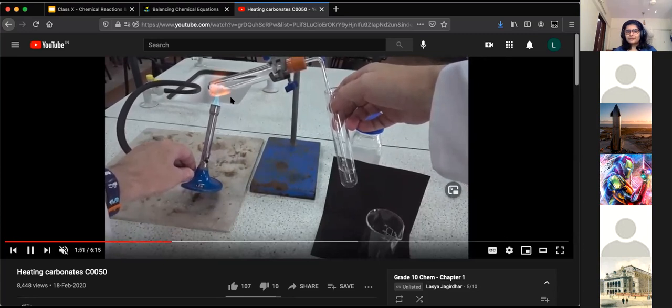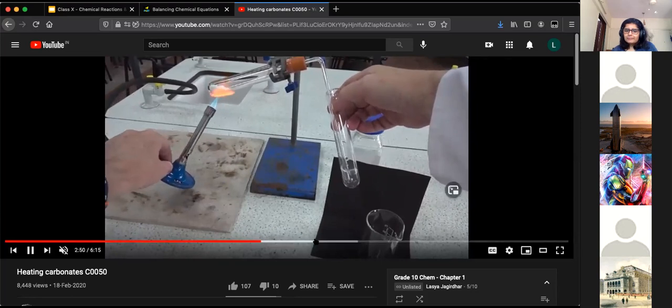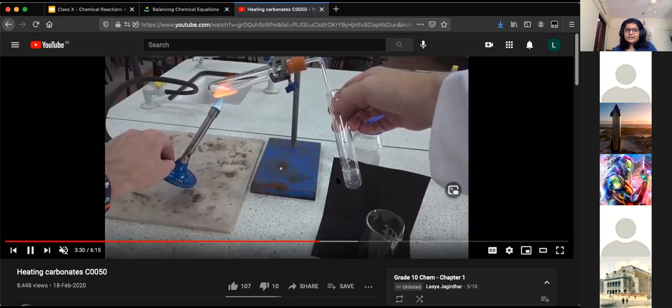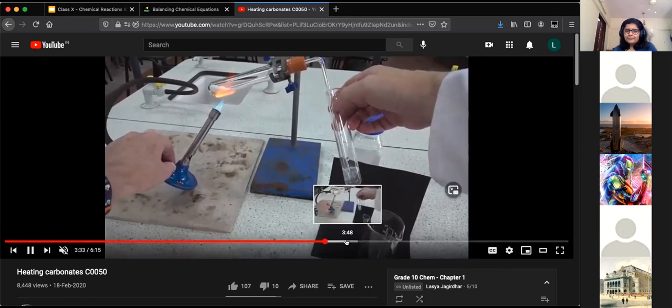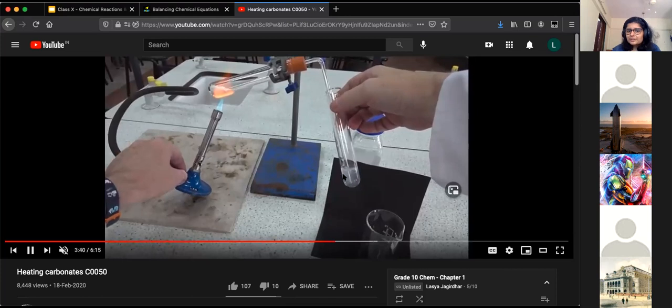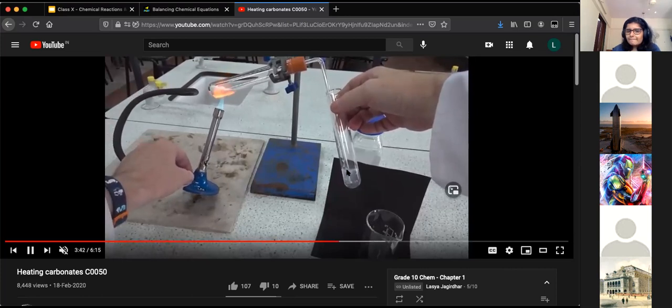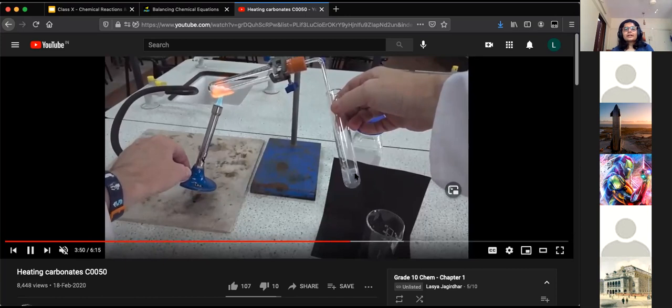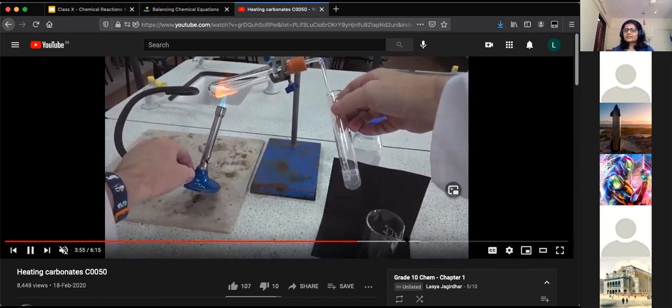So he's holding the burner so that the reaction takes place. I'll just forward this passage of time. Can you see what is happening to the solution in this test tube? It's turning whitish, milky or translucent. It's gotten a whitish shade to it. That means a tiny amount of carbon dioxide has come in, and that's causing the change in color here.